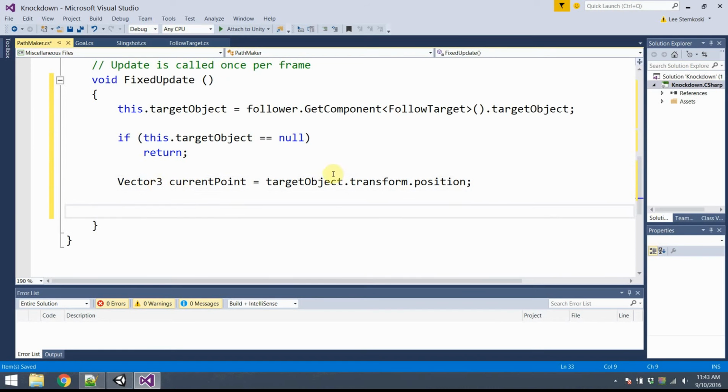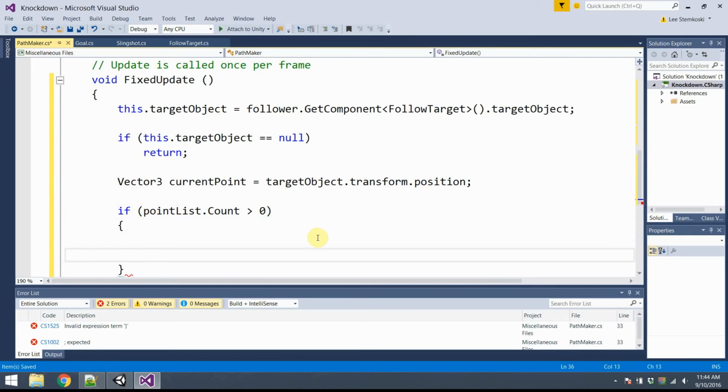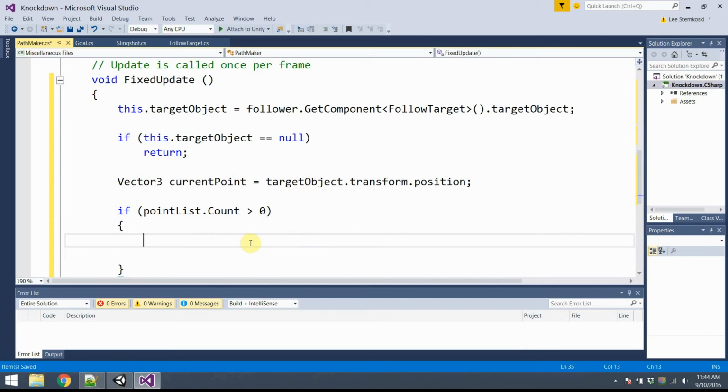All right, now I want to see if I should add this current point to my path. If the current point is really, really close to the previous point, I don't really need to add it. I only need to add a new point if the ball has moved a minimum distance. In this case, the minimum distance is 0.1. But none of that matters if it's the first point. So if pointList.Count is greater than 0, as long as this is not the first point that's being added, I'm going to extract the previous point,